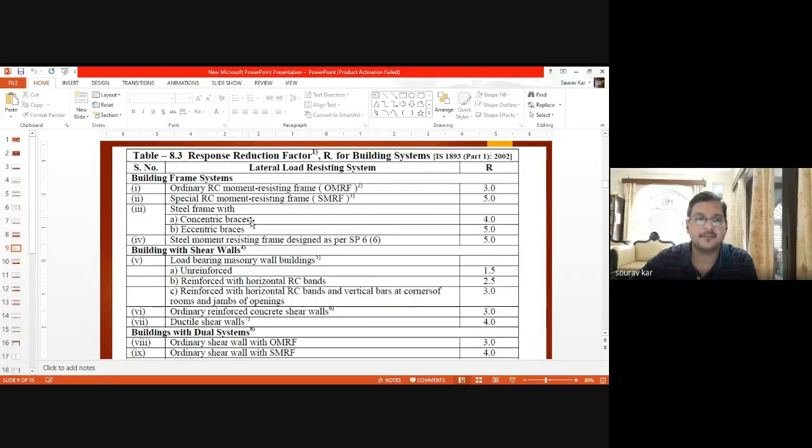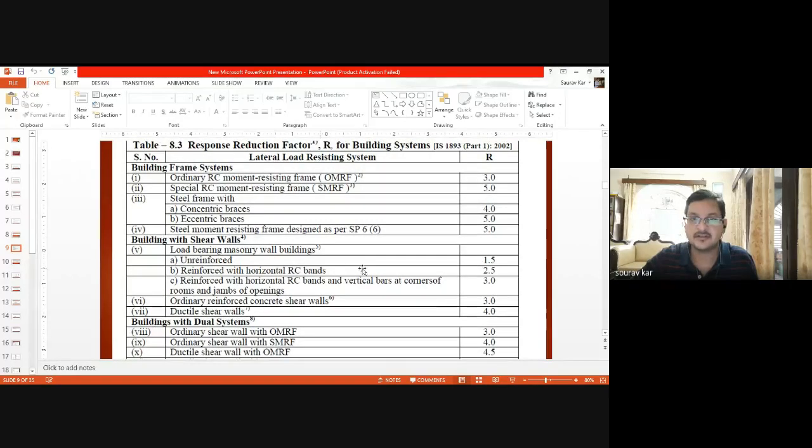For steel frames, different values are given. Again, for buildings with shear walls, it is given for all the cases. So based on what structure you are designing, your response reduction factor will be in that manner.